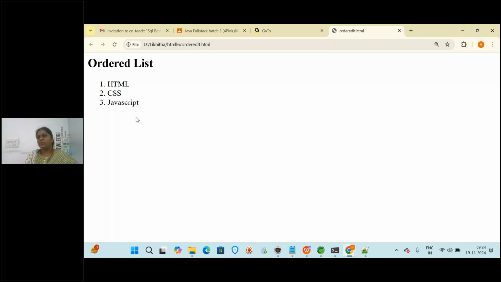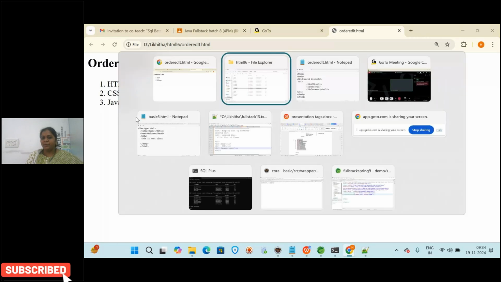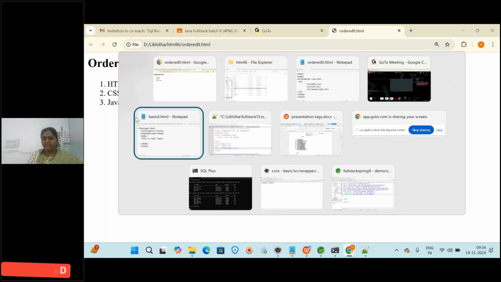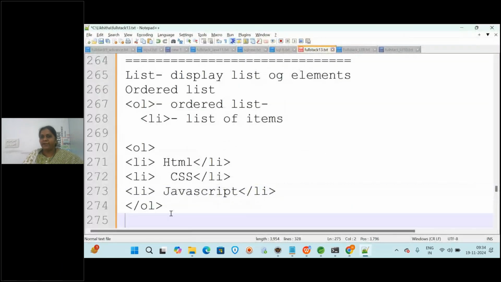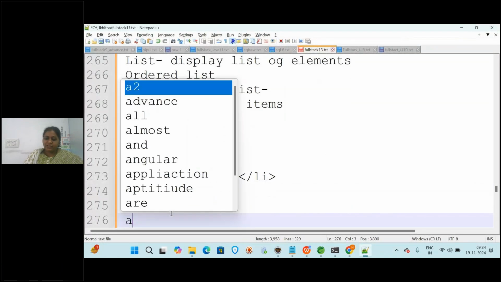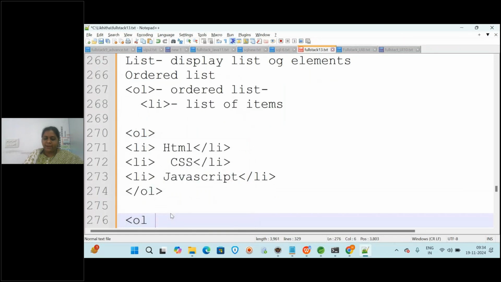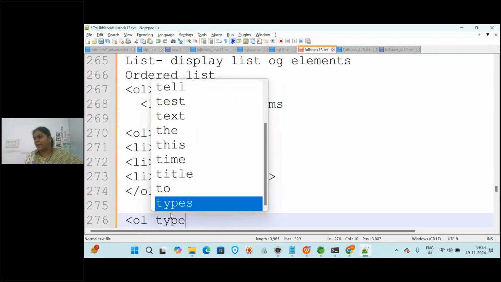Okay, but how to use the numbering or any alphabets or anything, if you want, I told that there will be attributes, yes or no? For almost all the tags, you will be having what? Attributes to provide to it. In the same way, for the OL tag we have type attribute. What is that? Type attribute, which will help us to add some additional property to it.